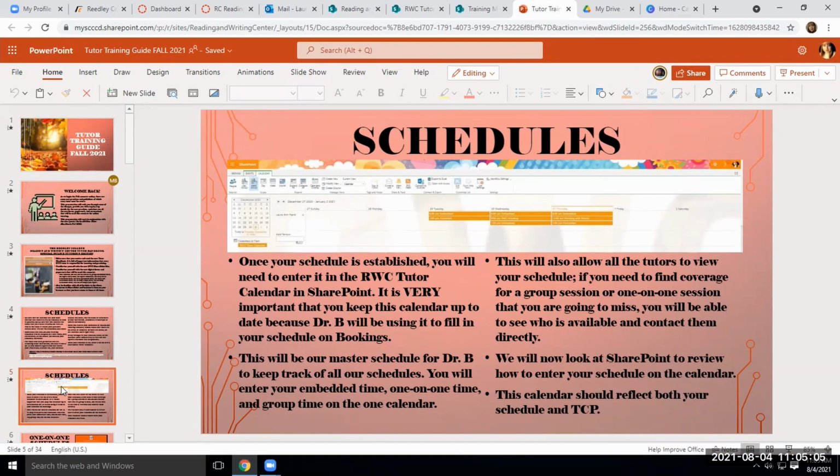Okay. So everyone's pretty much working on this already, but just a few quick things. Because Dr. B is going to be using the schedule in SharePoint to populate our bookings page for all one-on-one appointments, it's super important that you keep this calendar up to date. If you have any changes in your schedule,